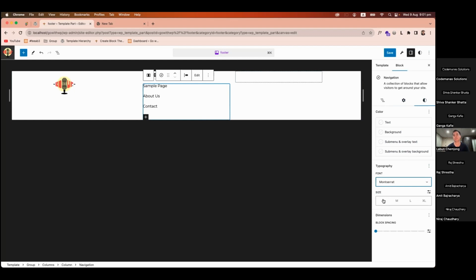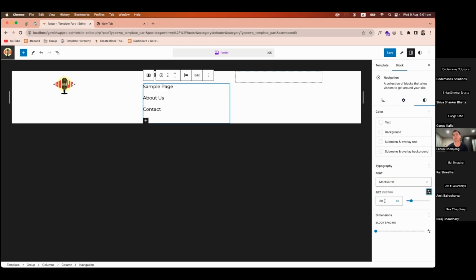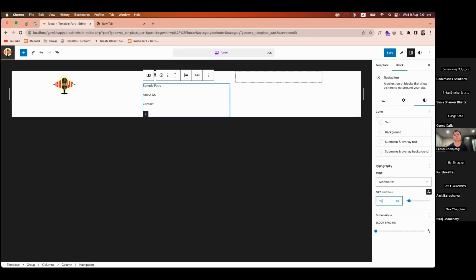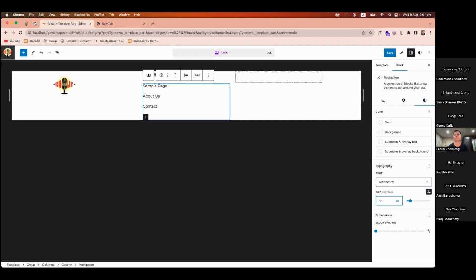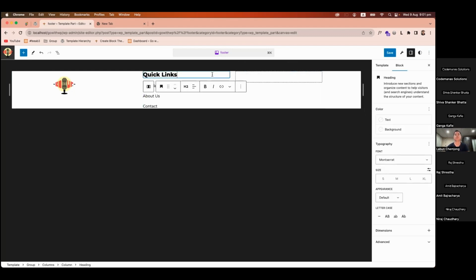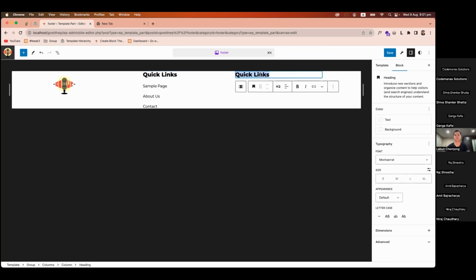You can change the font size like this, bigger, smaller, or even give a custom size if you like to go larger or smaller. Likewise, the same goes for here. To save time, I like to duplicate this and just drag it here and change